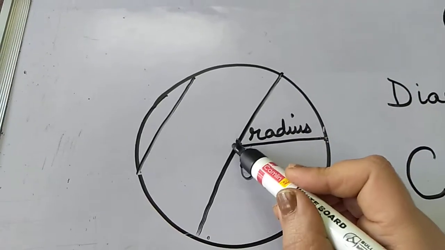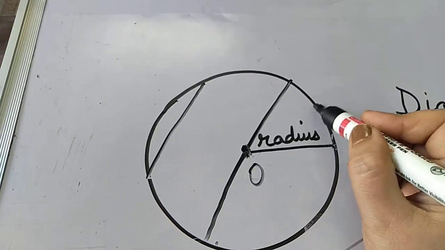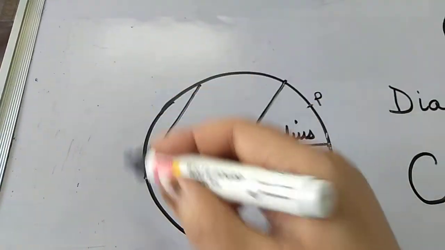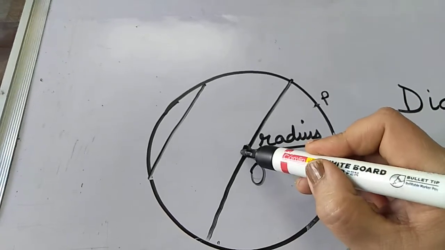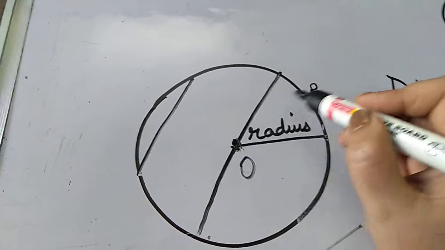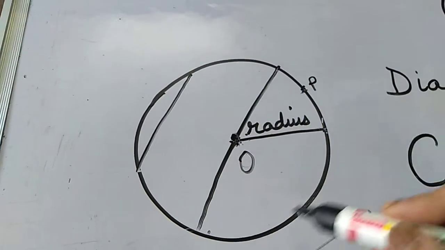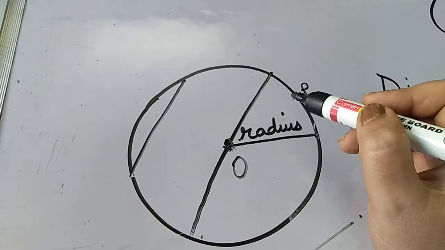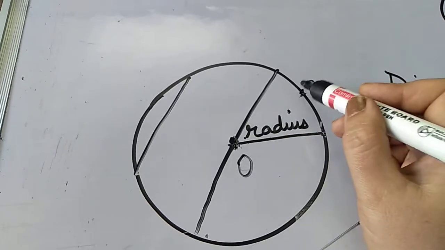Now you know the center of a circle is this fixed point. And if I take any point P, a moving point, that moves in such a way that its distance from this fixed point always remains constant, then the path that this moving point will take is a circle. We say the locus, which you will study in class 10, of the moving point such that its distance from the fixed point is constant.